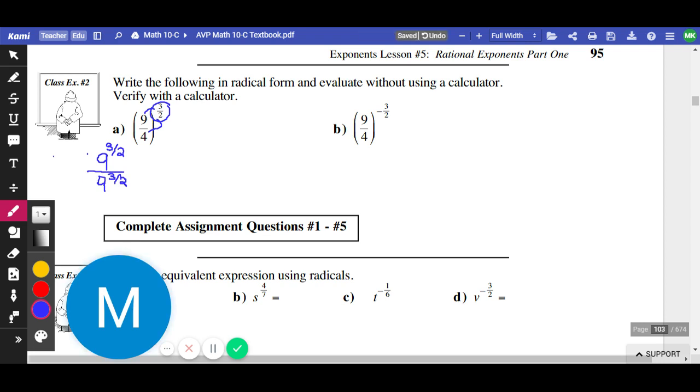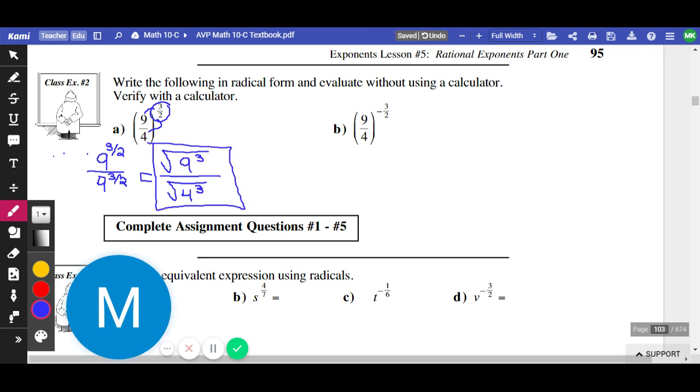Awesome. From there, I now have fraction exponents, top and bottom. Both of those need to be converted into radicals. And I treat them kind of separately. So the top one is going to become its own radical. It'll be the square root of 9 cubed. And the bottom one is going to become its own radical. It'll be the square root of 4 cubed. Like that. And that would be good enough for a final answer. If you calculated it further and figured out what 9 cubed is and what 4 cubed is, that's fine. But this would be sufficient for me.